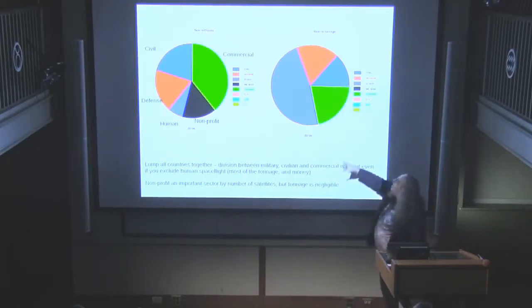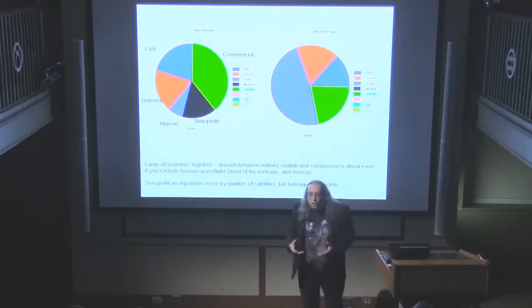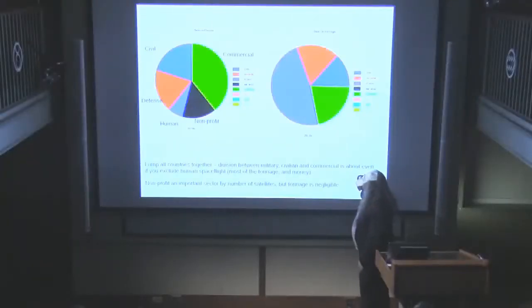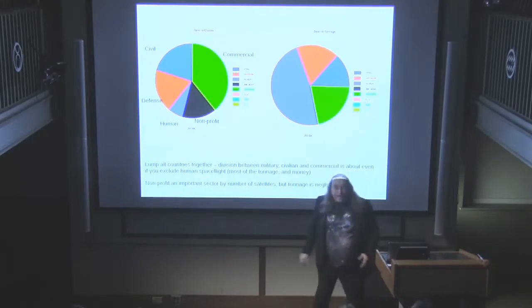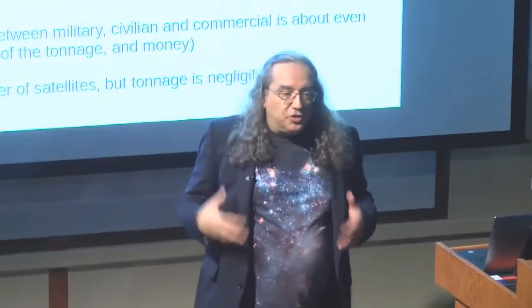That's number of satellites. If you look at maybe a better proxy for how much this all costs is the weight, the mass of the satellite. And so I divided it up that way. And by mass, the human spaceflight, this color on the left, is the most, because this is all the stuff launched since 2010, and that included some space shuttles and some space station modules. The space shuttles are 100 tons each,